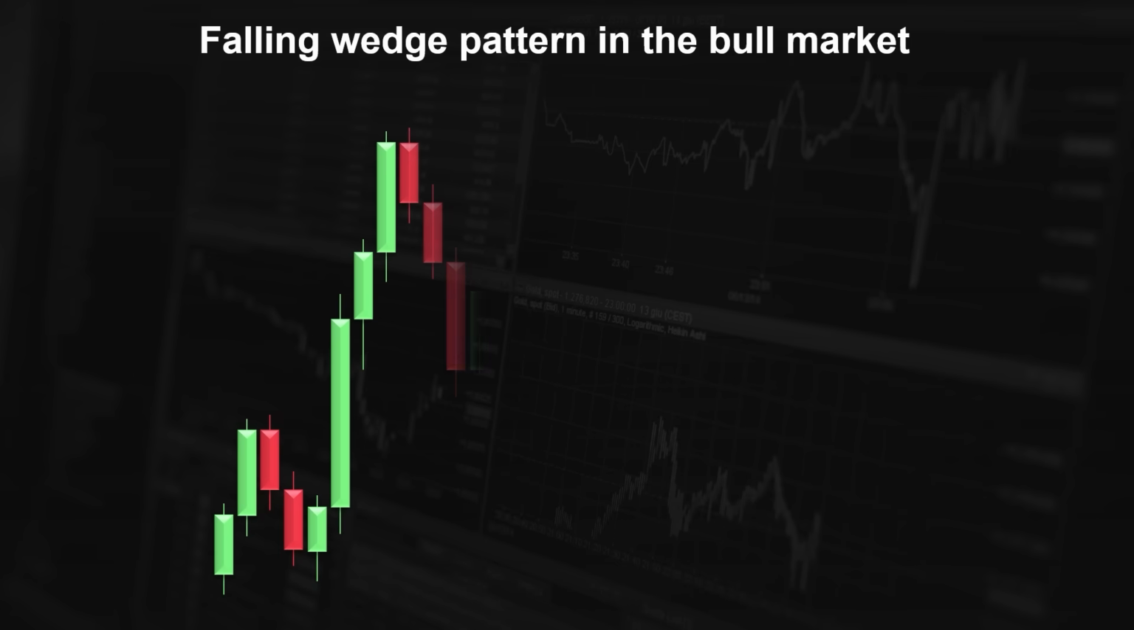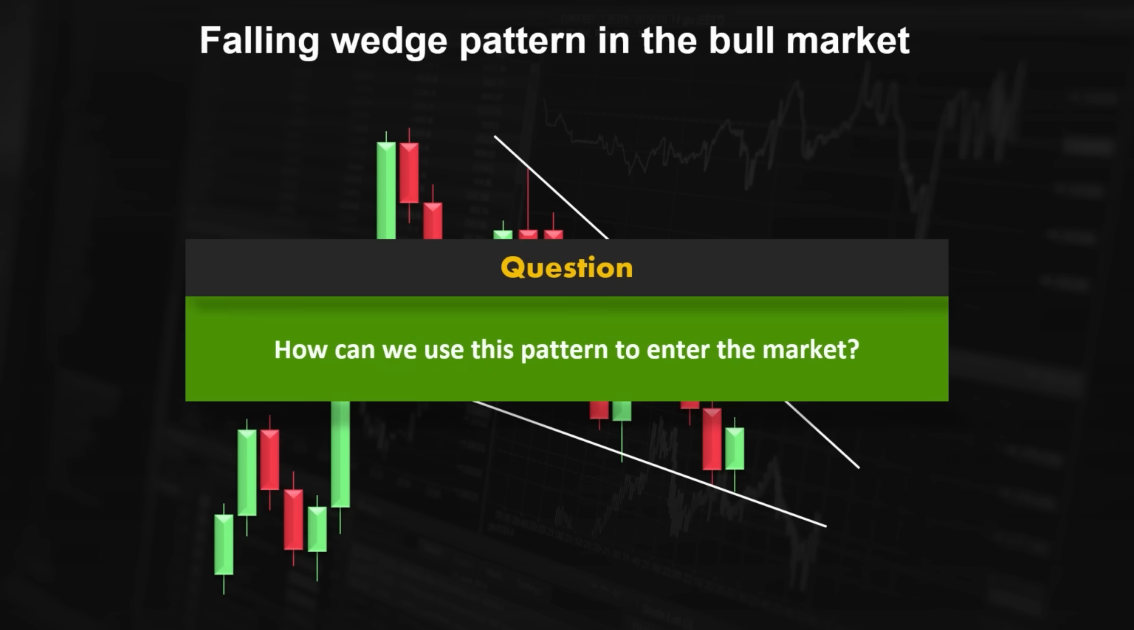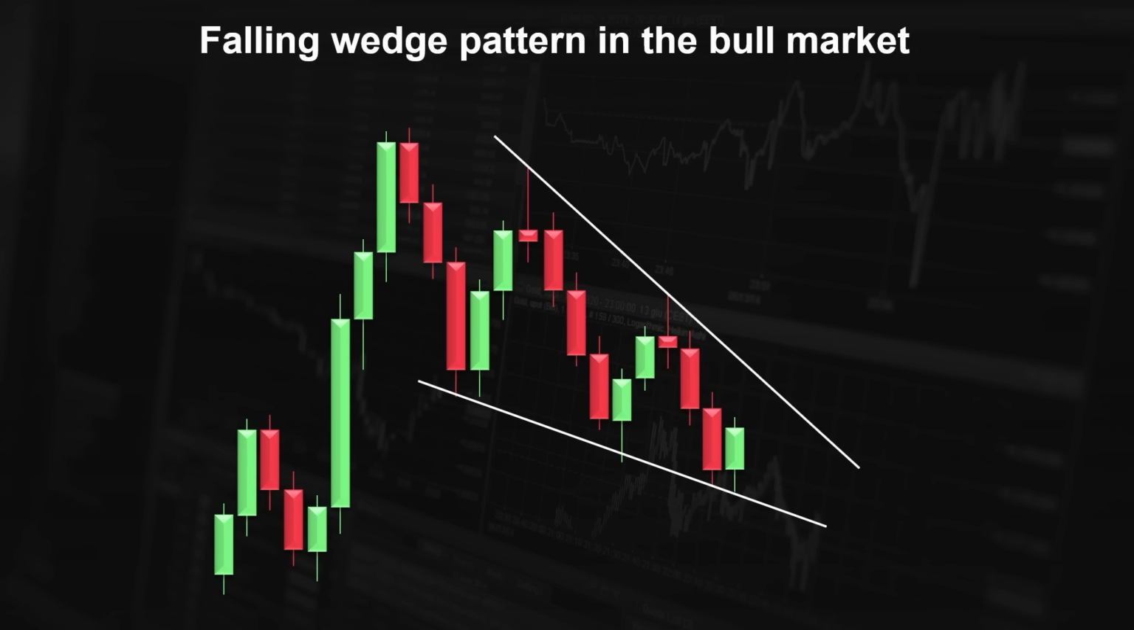Falling wedge pattern in the bull market. This pattern indicates a period of correction in a bull market where we have a clear moving uptrend. Now, how can we use this pattern to enter the market? Breaking above the falling wedge in an uptrend signals the start of the continuation to the upside. It shows that the buyers have finally overcome the sellers, and since our direction is bullish, the price can continue